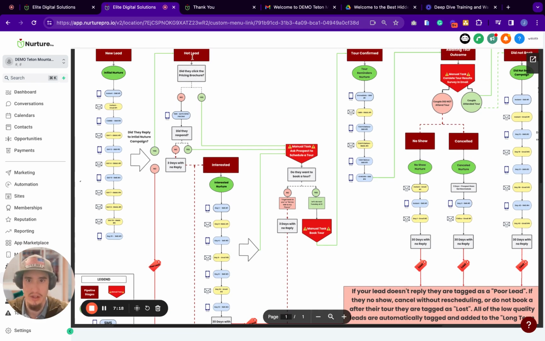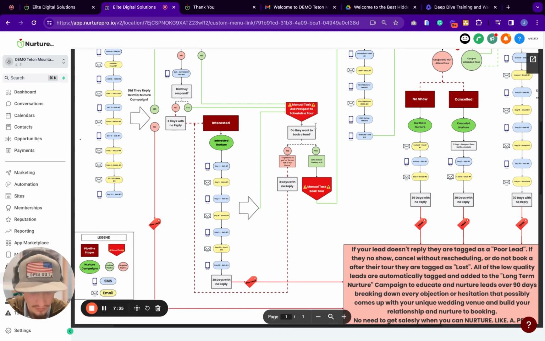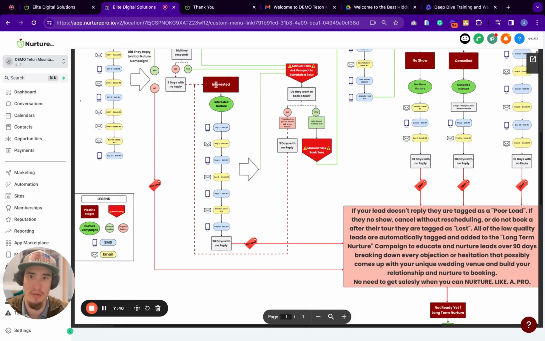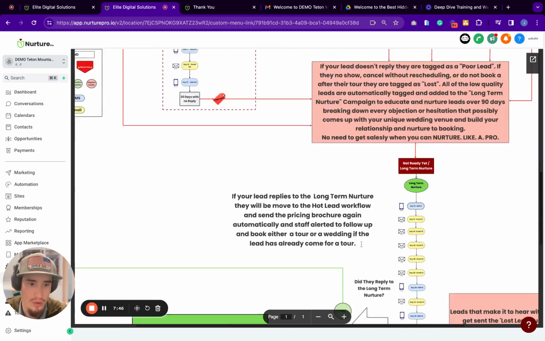And since they've already responded and expressed interest, they are added to the interested section and segmented into a different group so that we can speak to them differently, because they have already shown intent and interest with us. At that point, if they don't book a tour, they're automatically followed up with. If they don't book a tour in this interested section, they are now tagged as a poor lead, and they get moved to